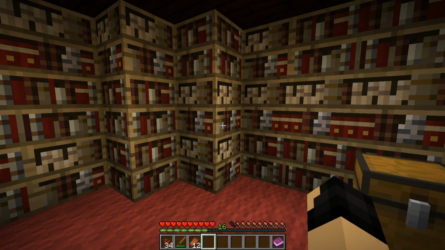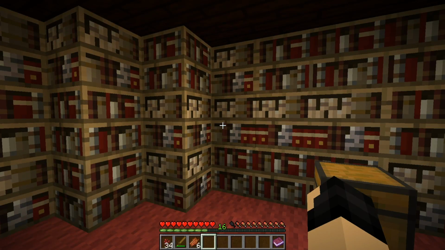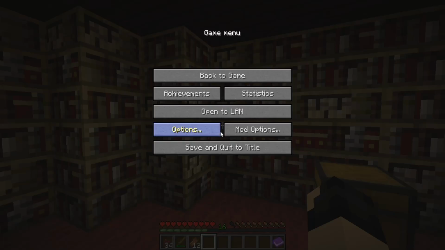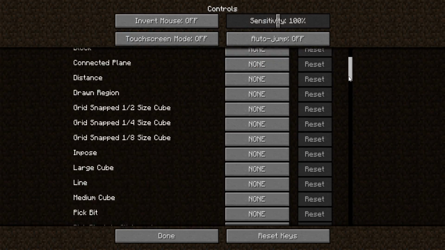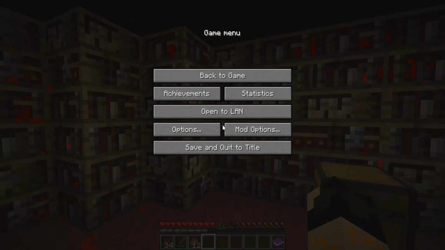But if I press R, no sound and nothing happens. See, R, my rotten flesh isn't back again, but if I press G, it is back. So you can change your controls like that if you want to. And the last thing is